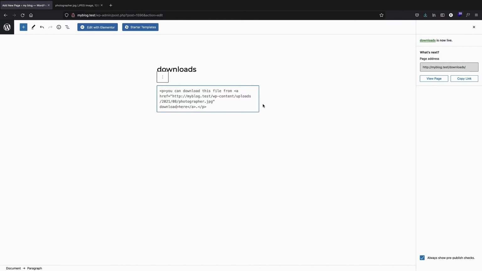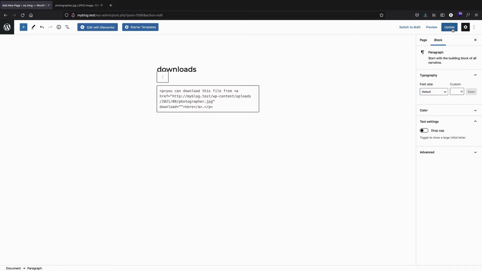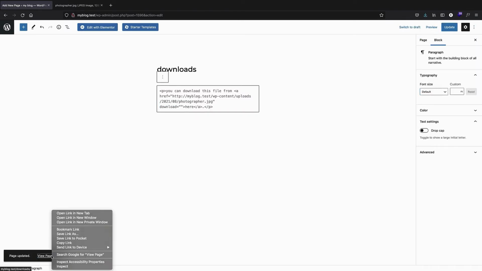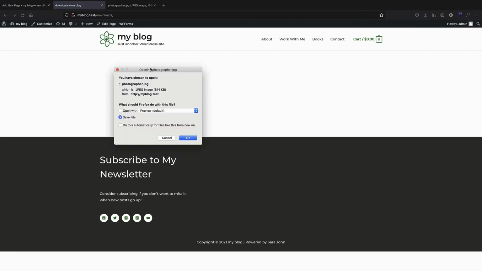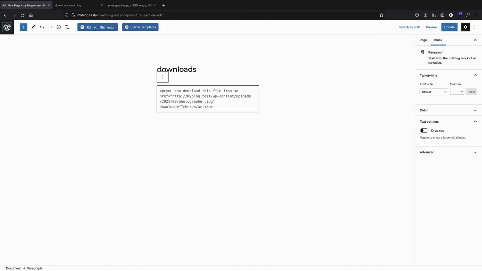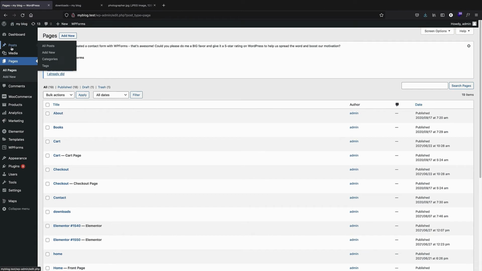And now if I just save my changes and visit the page again and click on the link, you can see that it's no longer opening the JPEG, but it's opening the download dialog. And you might say, okay, for the font we can do the very same thing,